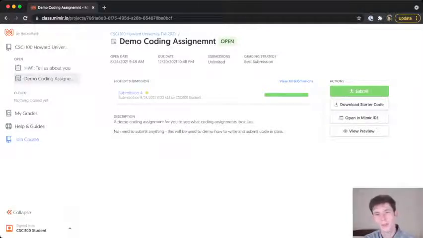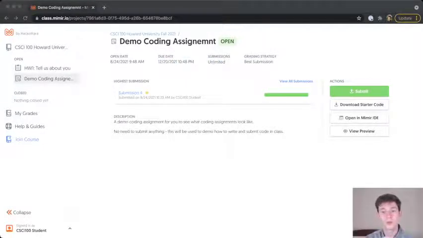Once you click into this assignment, you won't have any submissions. I currently have some as I've been testing how the system looks for you. But when you come in here, you won't have any submission listed, and you will see a short description of what this project is about. In this case, this is just a demo project. You'll notice it's set to be due in December after the class is already over because there are no points for this project. For the most part, all of the assignments in this course will be unlimited submissions, which means you can submit your code as many times as you want